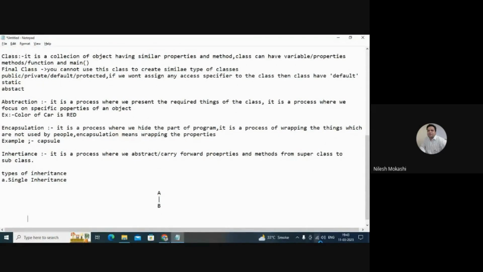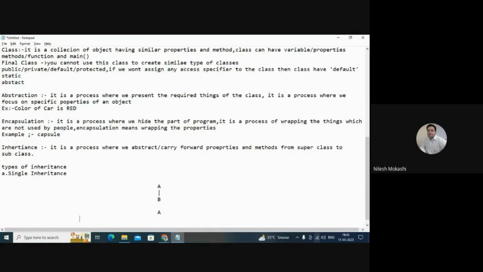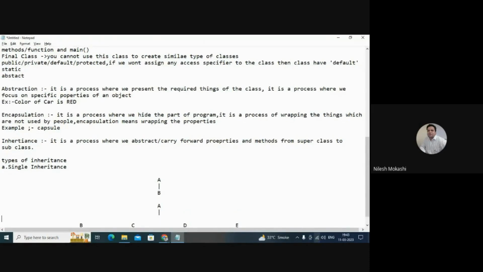Also, if you say A to B, C, D, and E, this is also an example of inheritance. I can have many classes derived from the A class, right?